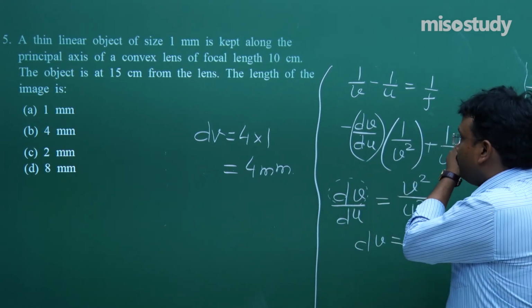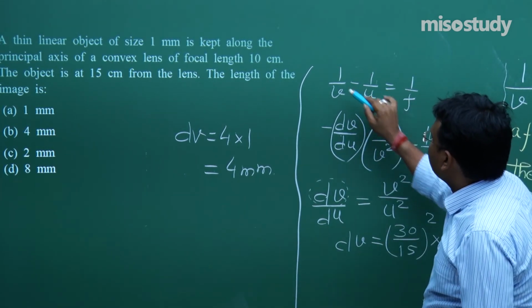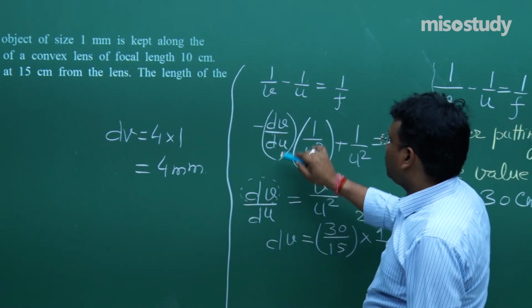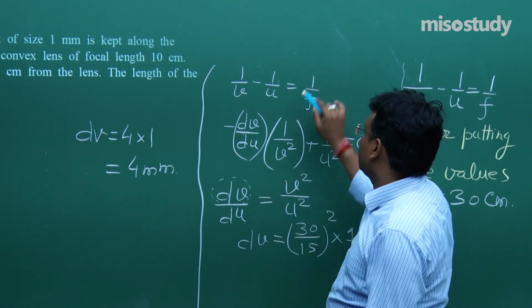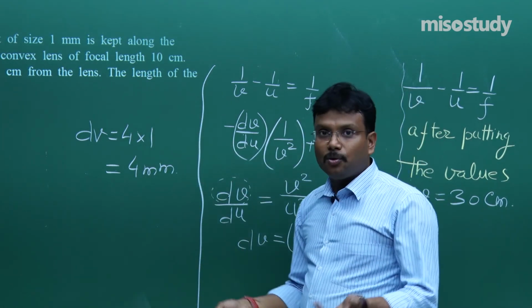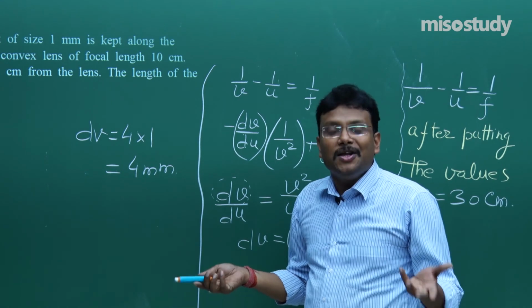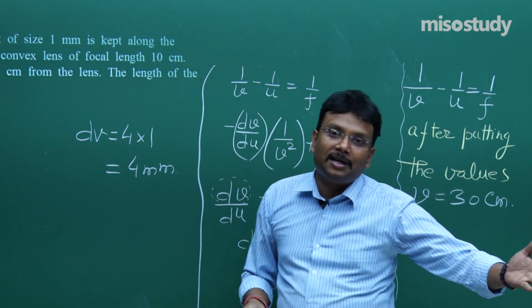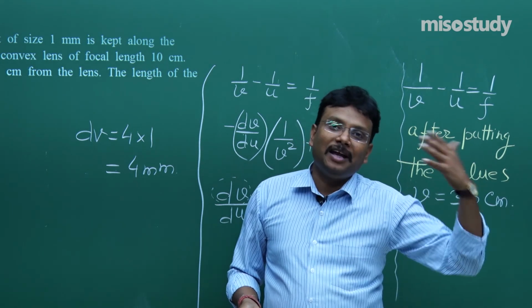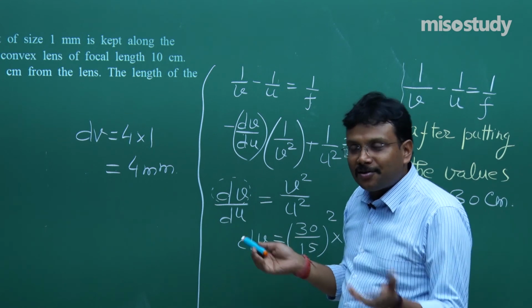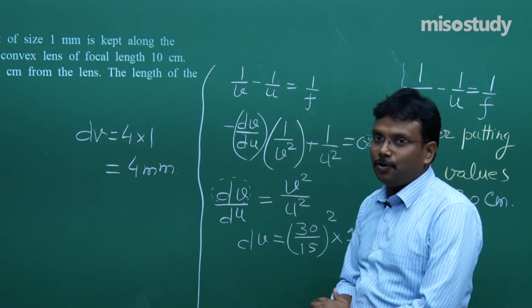But let me explain what I did over here. Actually, we arrange these terms using this relation and then differentiate it. And we assume this F as a constant. Why? Because focal length is fixed. Only U and V you can change. Focal length is associated with the radius of curvature of the lens. Once you have created the lens, it is fixed. So the differentiation of F is going to be 0.